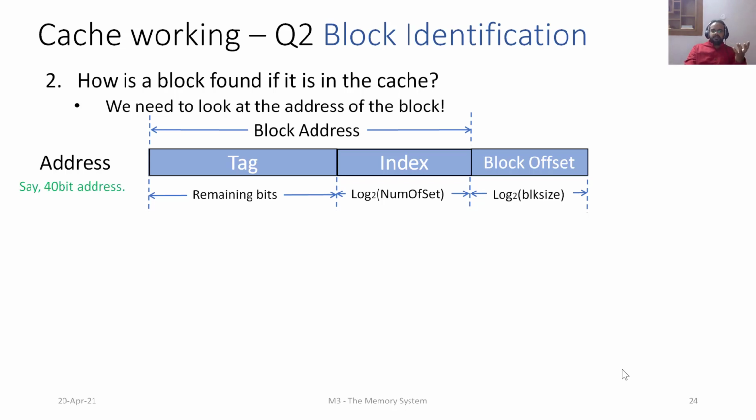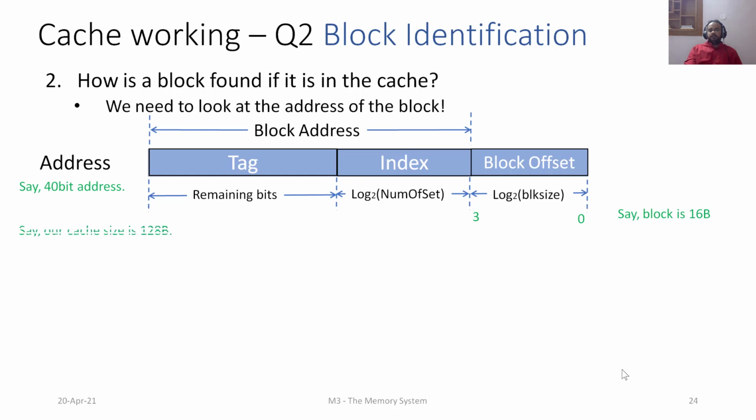Now let's take that this entire address is 40 bits wide, and let's say our block size is 16 bytes. You know that the memory is byte addressable, so each byte will have its own unique address, but we are not referring to each particular byte in the cache, but rather we are looking at it as a block. Now the block size is 16 bytes, so the block offset is 4 bits. The LSB positions 0, 1, 2, 3 belong to block offset.